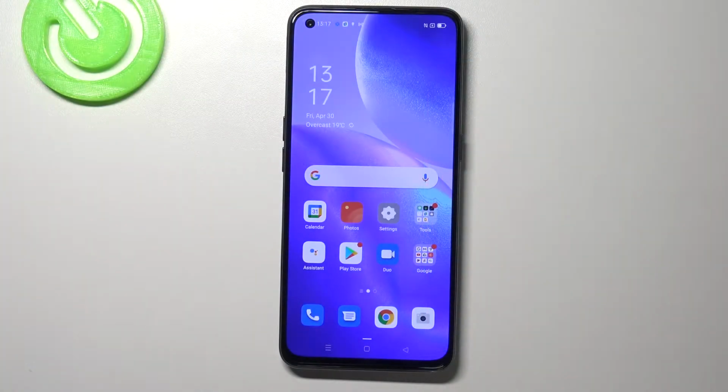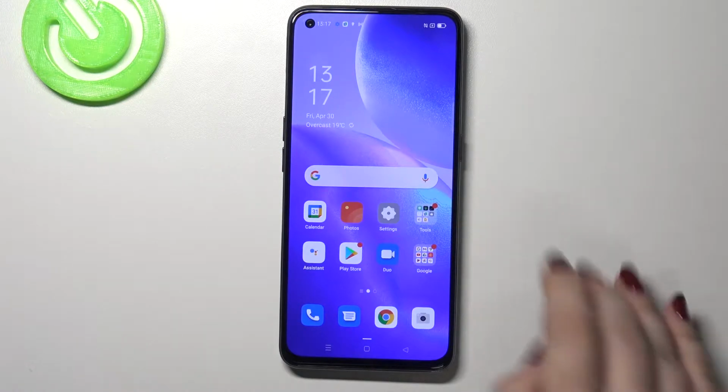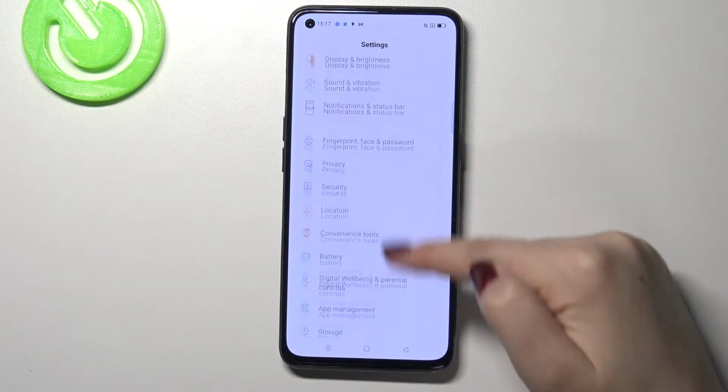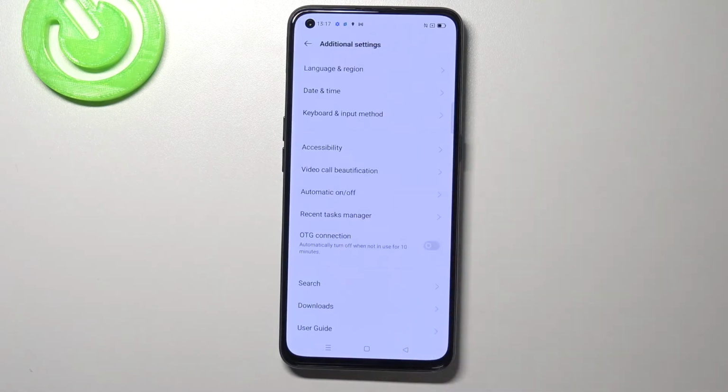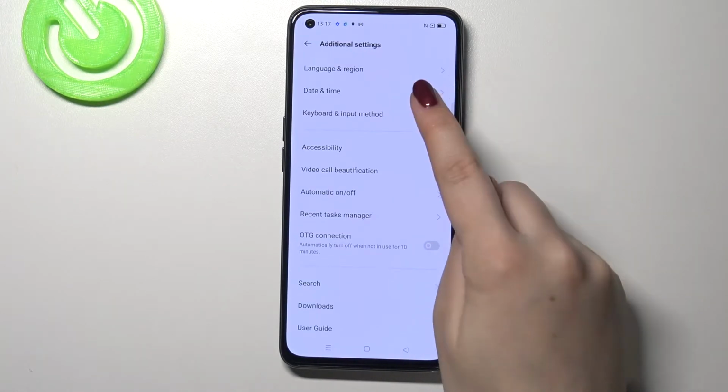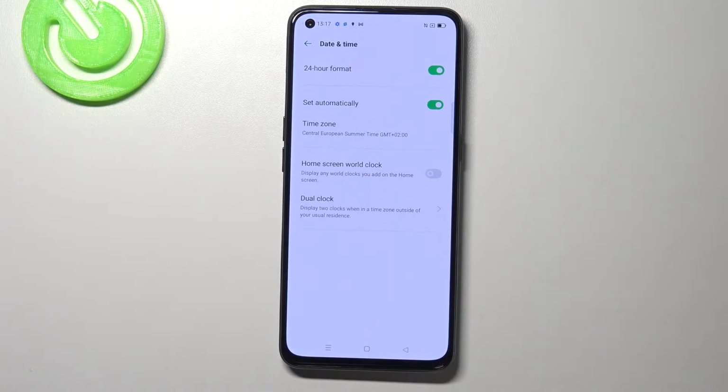Hi everyone, here we've got OPPO Reno 5 and let me share with you how to change date and time on this device. So firstly, let's enter the settings, and here we have to scroll down and find additional settings. On the second position we've got date and time, so let's simply enter, and here we've got plenty of options